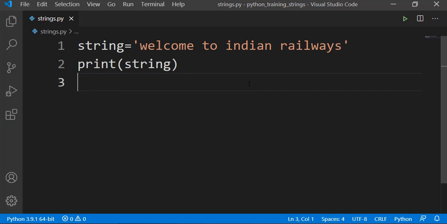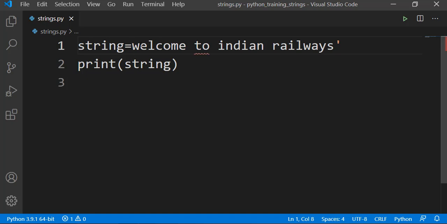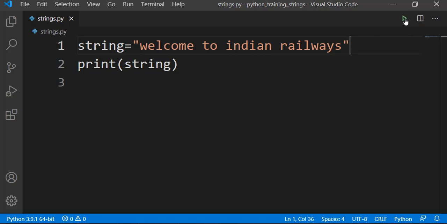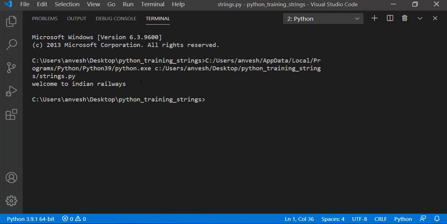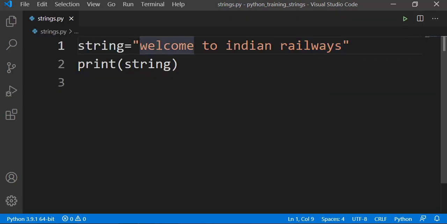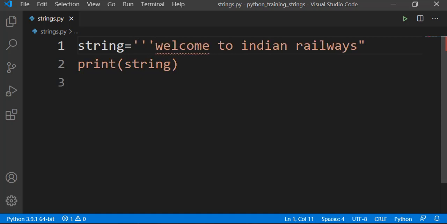As I have shown in the syntax, strings can be created with double quotes as well. This we have already discussed in the print function video, so you can go through that. Here I am replacing single quotes with double quotes. Now let's run this and check. You can see that it is still getting printed. I said triple quotes can mostly be used with multi-line strings.